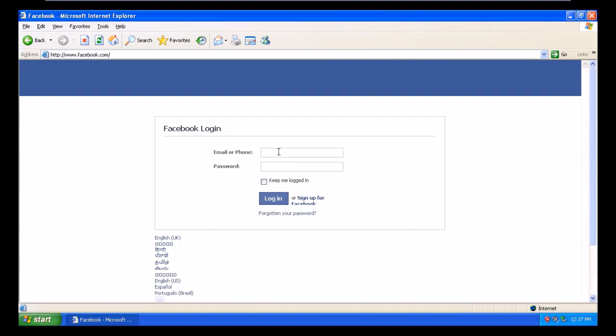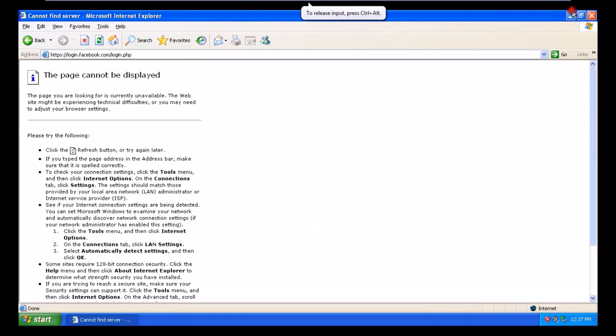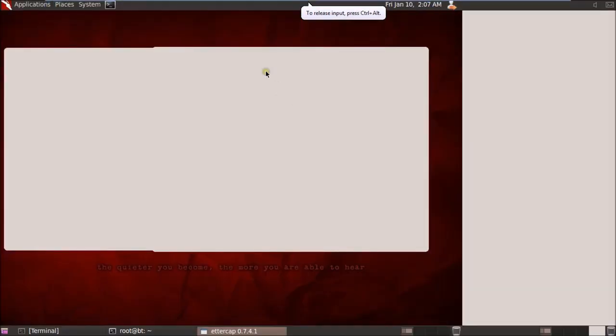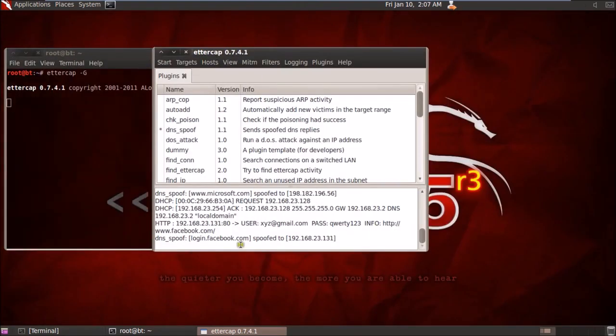He'll simply enter his credentials over here, and he'll enter his password over here, and he'll try to log in, but he wasn't aware that his information was getting redirected to me. As you can see, this was his username and this was the password that he had entered.